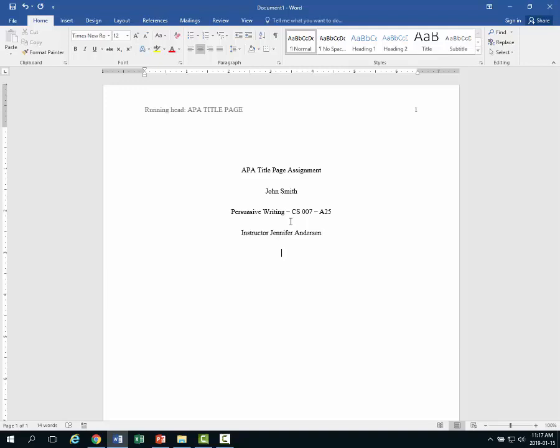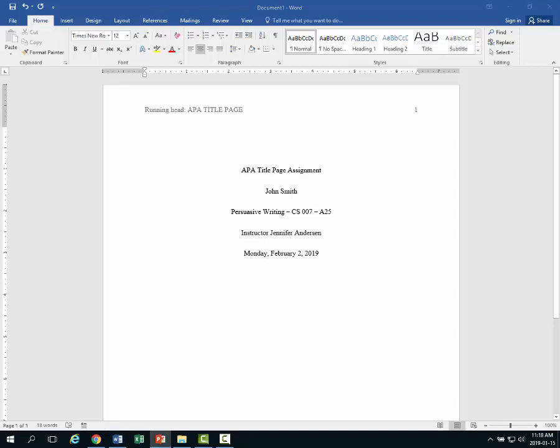And then the date. Now this is the due date. It's not the date you completed the assignment, but actually the date that the assignment is due. And this should include the day, the month, and the year. And there are also commas put after Monday and after the number. So for this it would be the 2nd. Okay, and then you want to just enter down a couple more lines